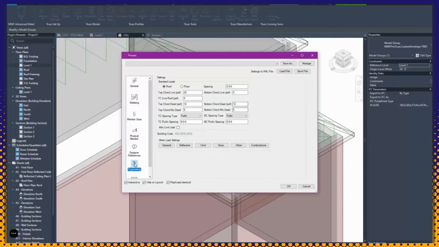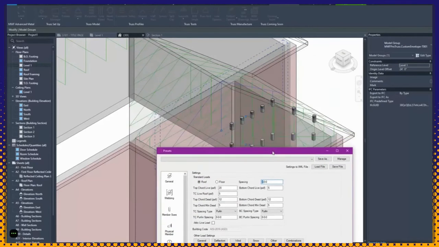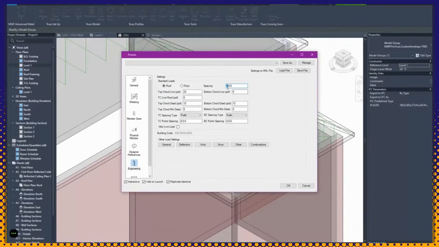For engineering, we have a few options. So over here, you'll notice that there's spacing. This is very important for you to modify. In this case, our spacing is technically 2 feet, so we can leave it at 2 feet, but it is important for you to modify because the software will not detect if there is another truss nearby and what spacing it is at. So it might just be a girder truss or it might be a corner truss. There's no real truss nearby, so you actually have to set this up properly in order for it to be able to